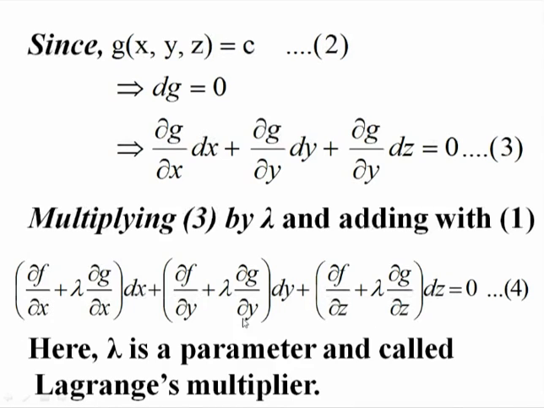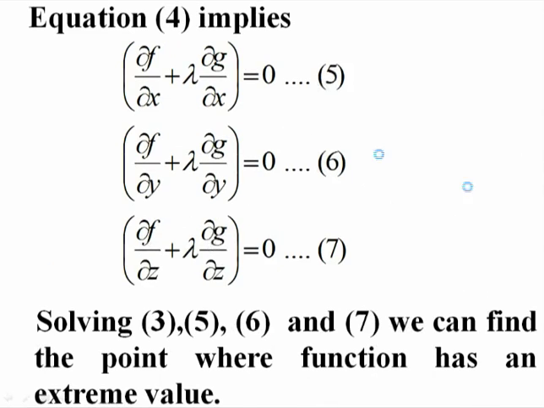This is the total differential df of f, and this dg into lambda is the total differential of g times lambda. So here lambda is a parameter called Lagrange's multiplier. Sometimes we require to find the value of lambda, but it is not necessary to determine it in each case. Now this equation 4